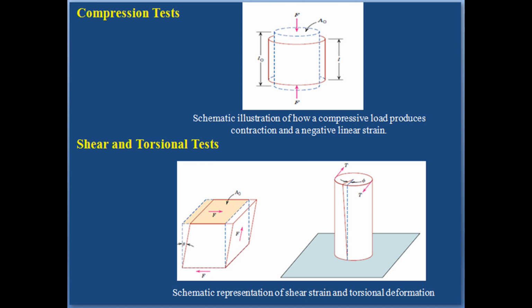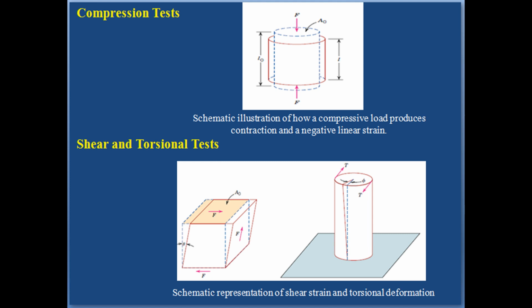For a shear test performed using a pure shear force as shown in figure, the shear stress tau is computed according to the equation tau is equal to F by A, where F is the load or force imposed parallel to the upper and lower faces, each of which has an area of A naught or A. The shear strain is defined as the tangent of the strain angle theta as indicated in figure. The units for shear stress and strain are the same as for their tensile counterparts.